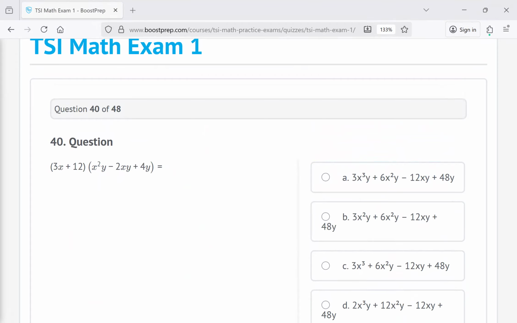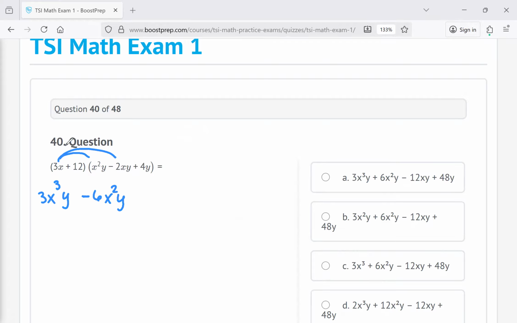Question 40, 3x plus 12 times this whole thing. So it's just FOILing it out carefully and then try to see if you can collect like terms. So let's start with the 3x. What's 3x times x squared y? Well, you have a 3x, and then remember when you're multiplying with the same base, you add. So 2 plus 1 is 3, right? 2 plus 1 is 3, and then you have a y. Keep on going. What's 3x times negative 2xy? That's going to be negative 6x